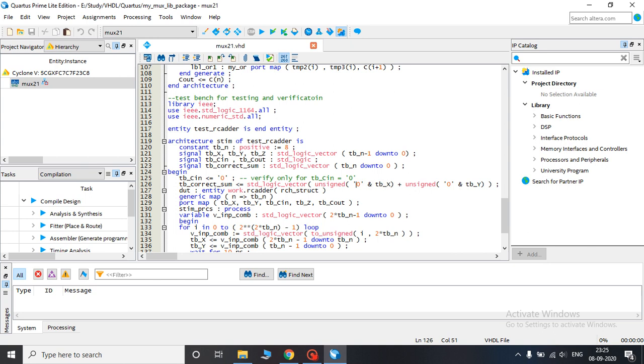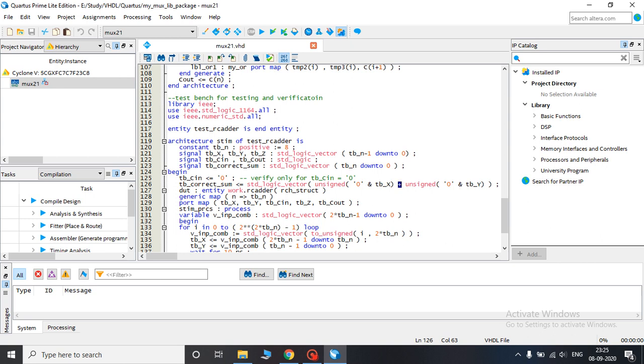As TBX is a length n vector and TBY is also a length n vector, we are concatenating both of them with a 0 as the MSB. So now their length is n plus 1 with MSB 0, and then they are converted to unsigned and added. Now they are mathematically added, and then they are converted to standard logic vector.